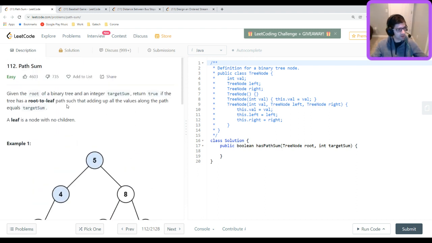So given the root of a binary tree and an integer target sum, return true if the tree has a root to leaf path such that adding up all the values along the path equals target sum. Okay. So root to leaf is important